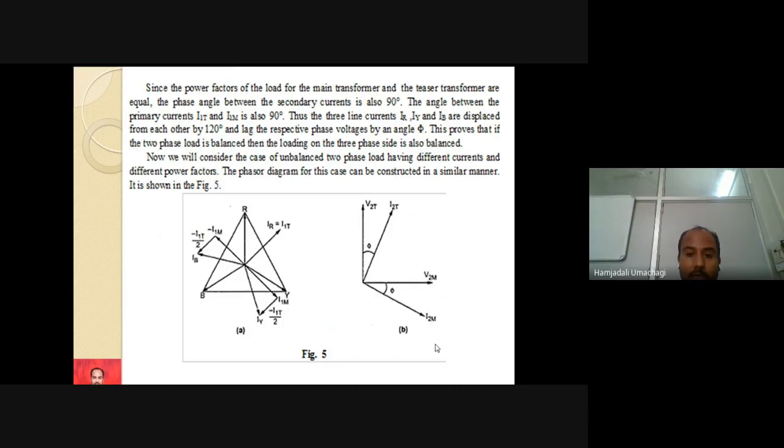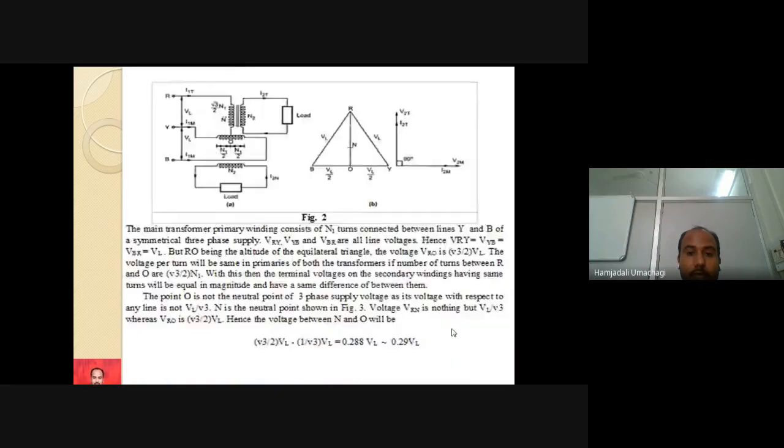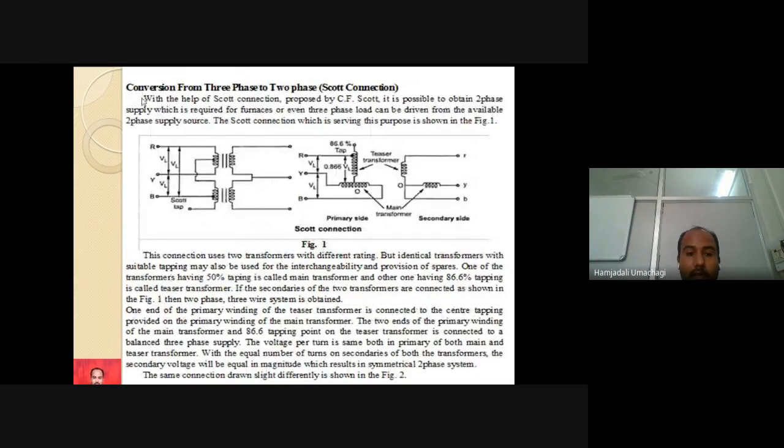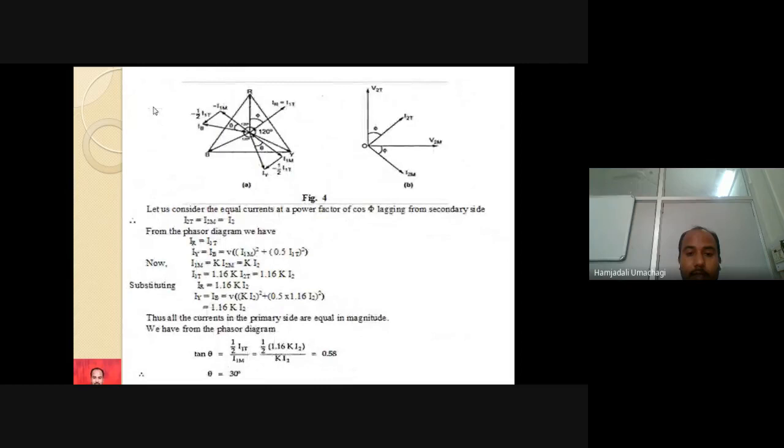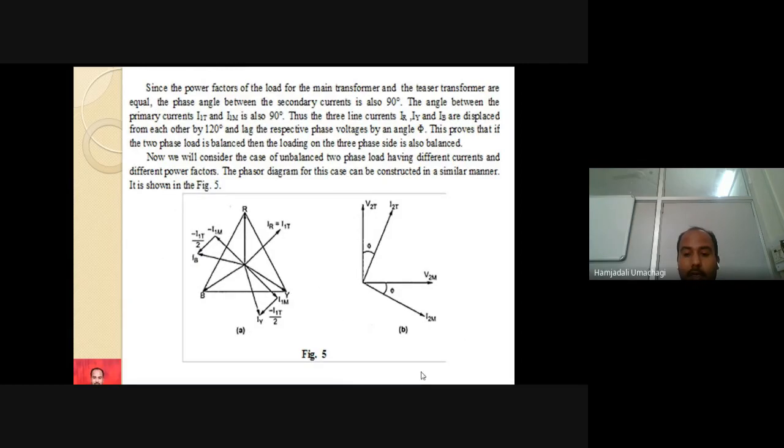Till here, in continuation with the previous video, you should write all the explanation for the Scott connection. Whatever I explained in the previous video, followed by this point in the second video, the first and second video explanation completely, you should write for 8 to 10 marks in the final exam. From this point till here, you should write in the exam, if they ask to explain with a neat sketch how to convert three-phase to two-phase power supply, or to explain with a neat sketch the Scott connection to obtain three-phase to two-phase power supply. Until here, you should write.